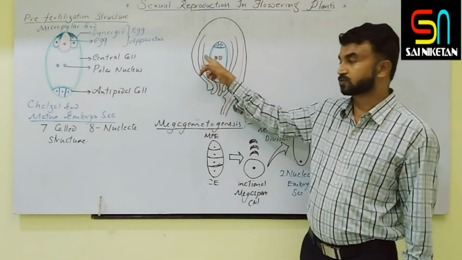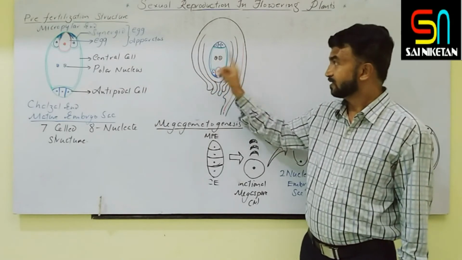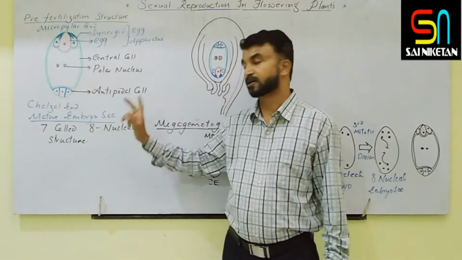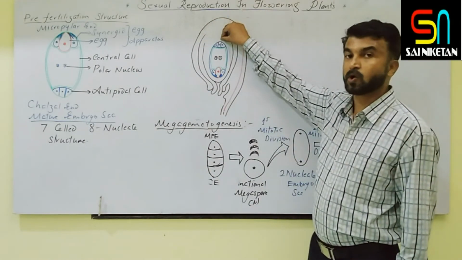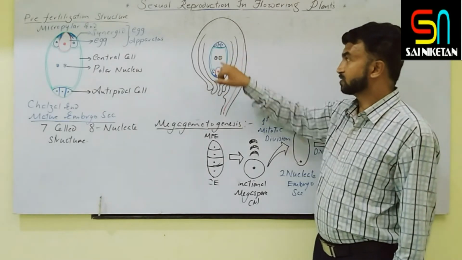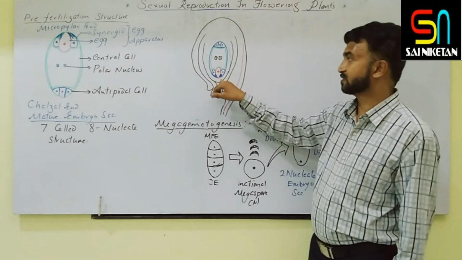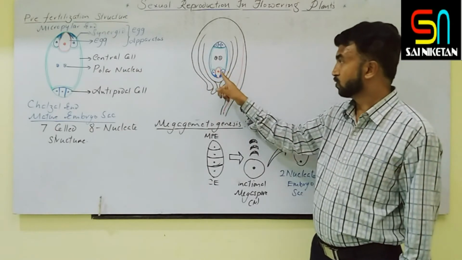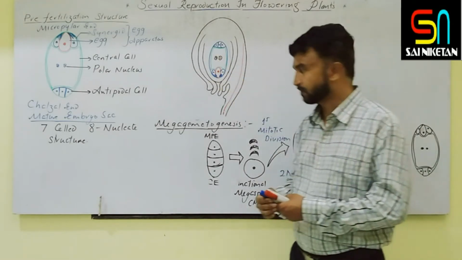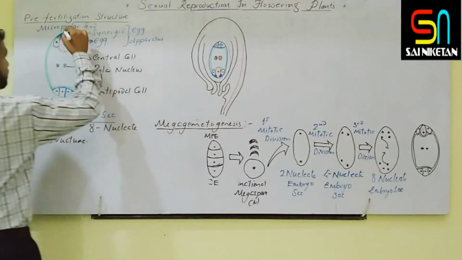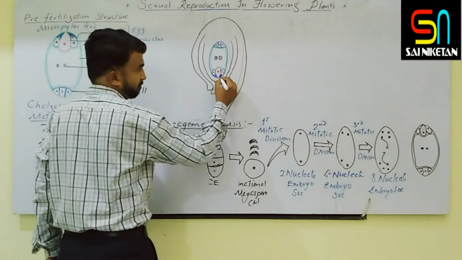Inside the integument, this is a nucellus, which is a nutritive tissue. Inside that, the embryo sac is there. This embryo sac is a 7-celled 8-nucleate structure. So the 3 cells which are present toward the chalazal end are called the antipodal cells. The 3 cells which are present toward the micropylar end are collectively called the egg apparatus. In that, an egg is there and 2 synergids, and the central cell contains the 2 polar nuclei. One major feature: when you take the synergid, here the blue color finger-like appendages, here also it is a little bit well portion.